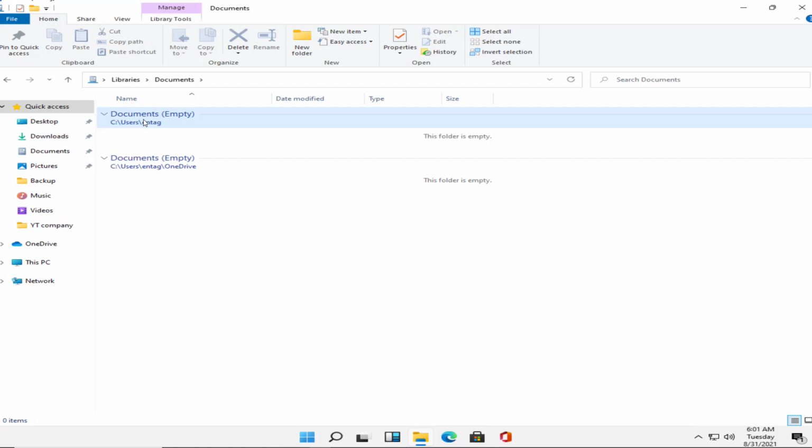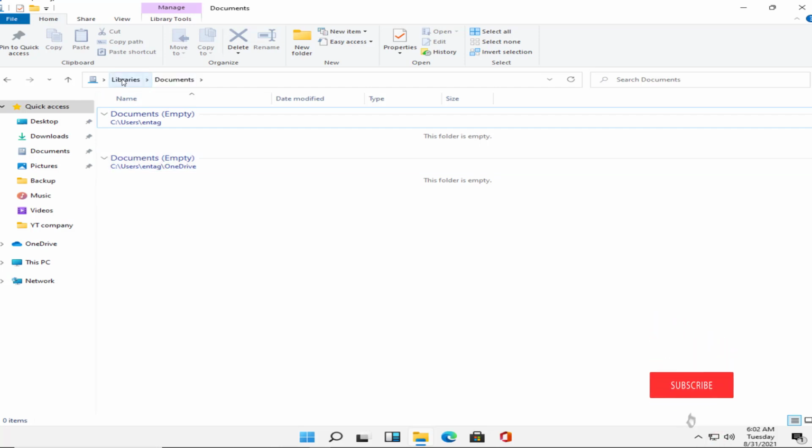The first Documents is originally located in C drive, inside of Users folder, inside of Intact folder. And another Documents folder exists in C drive, Users folder, inside of Intact folder, inside of OneDrive folder. These are two different folders organized by this Documents library.